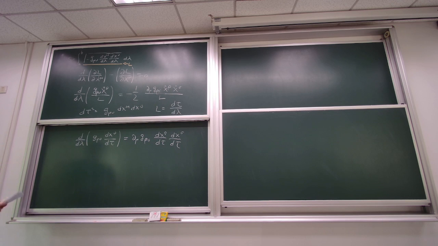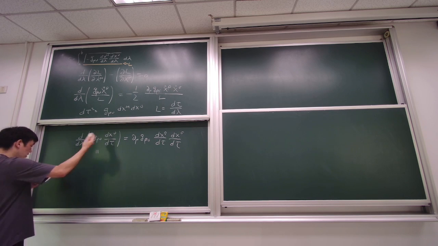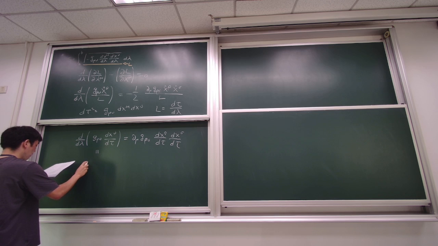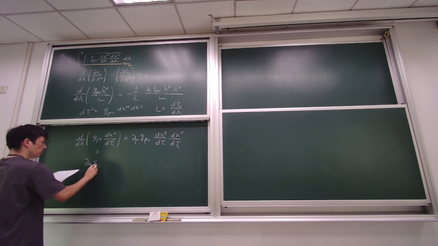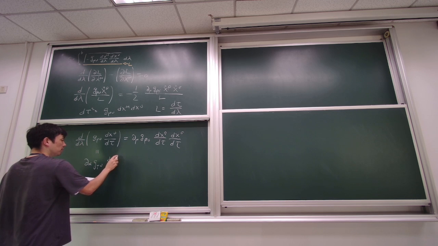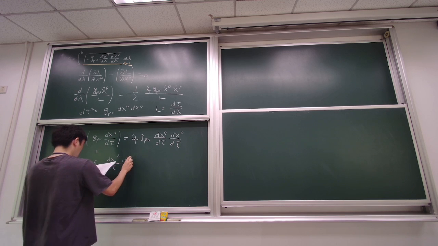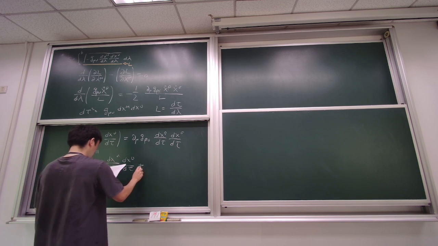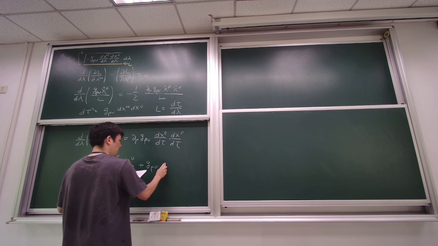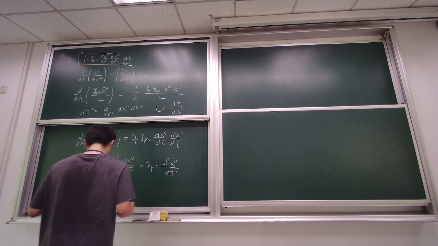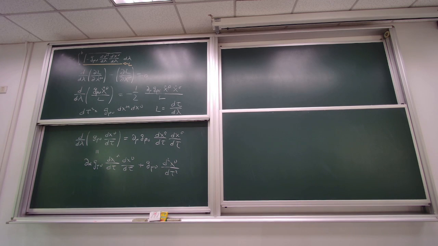Okay, and then just using the Leibniz rule, we can write down that this is in fact partial alpha g mu nu dx alpha. It's just the Leibniz rule. dx nu d tau, and then g mu nu and then d squared x nu d tau squared. Okay. And then this one can be written down this way. So from here